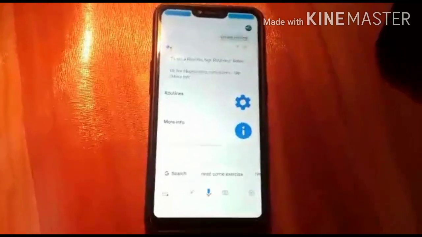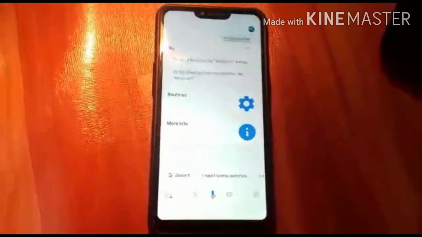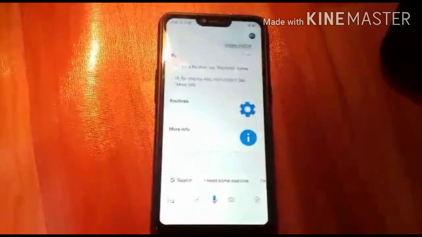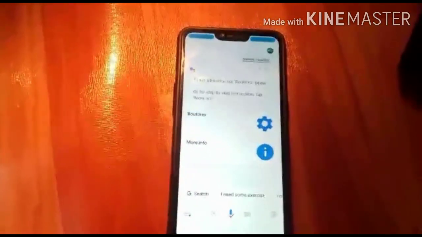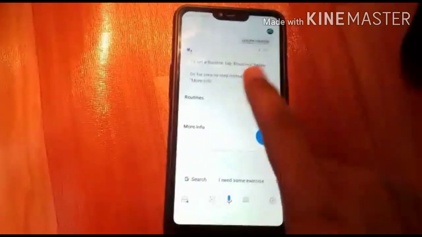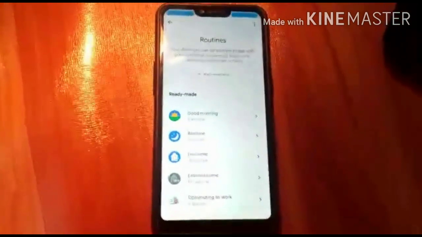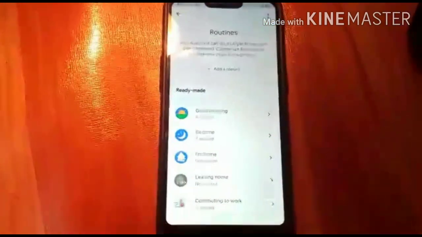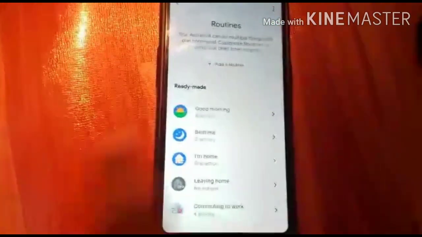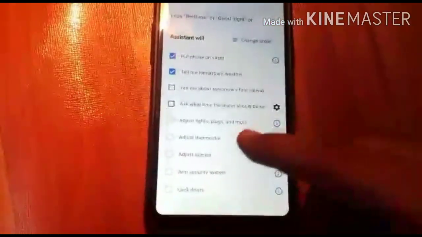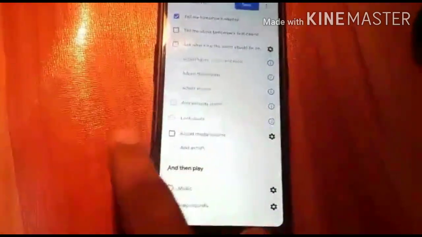To set a routine, tap routines below. For step-by-step instructions, tap more info. Okay, so what we'll do is select routines. And if you want any of the routines, I'm going to select the bedtime routine. In bedtime I have put the phone on silent, tell me tomorrow's weather one day before at night, and adjust media volume.